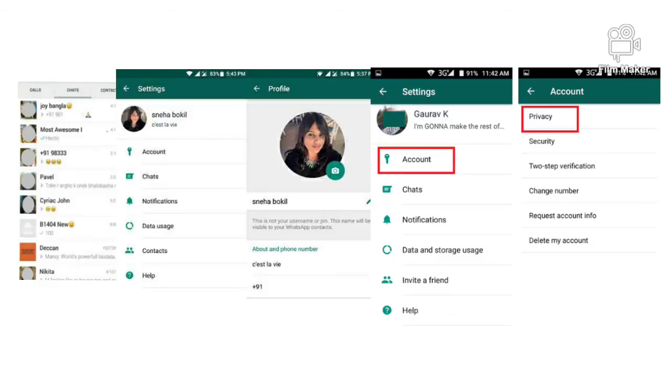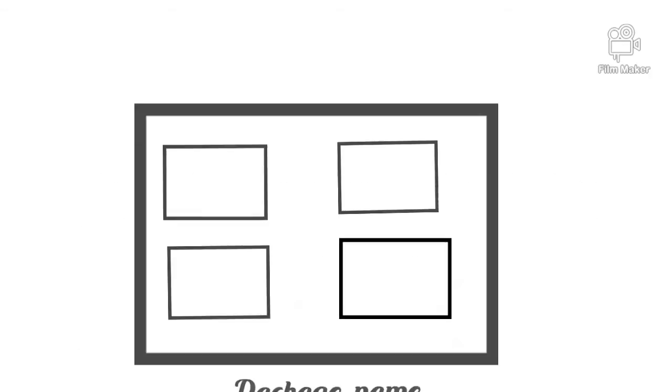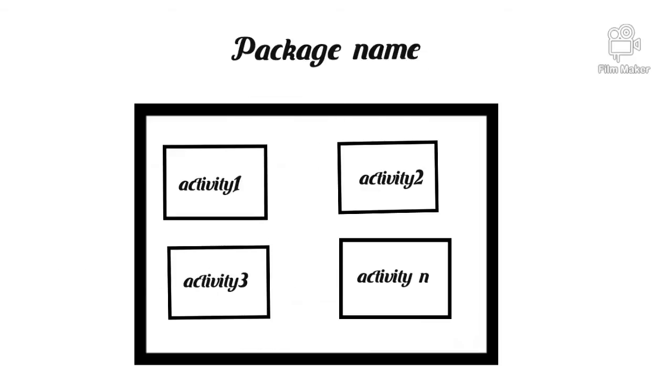Till now we worked on a single default activity named main activity. Now it's time to create a new one to switch between these activities on button clicks. But know one thing first, all your activities are bunched inside your package name. The package name of your application is what identifies your application uniquely on your device. Otherwise, if it were not there, on clicking WhatsApp, your device might open Instagram. So let's create our activity now under our package name.